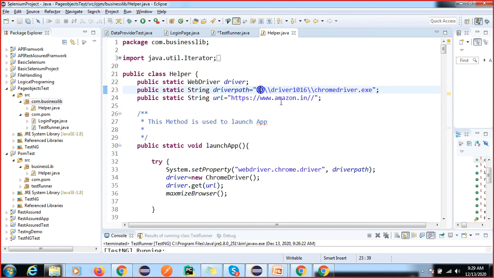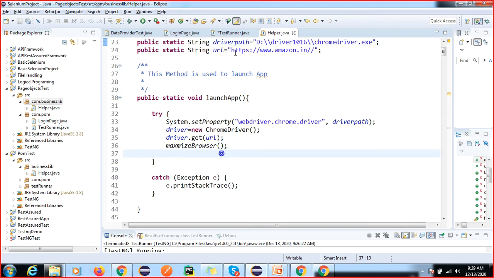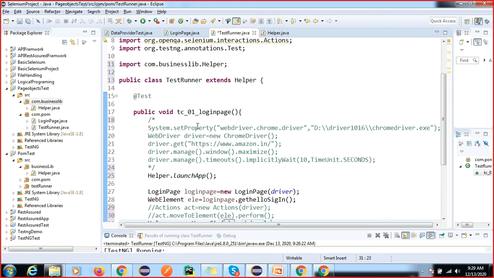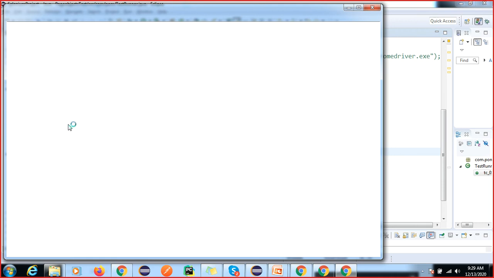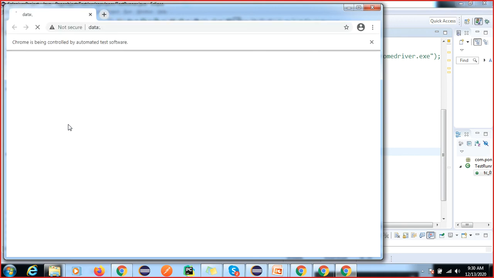So this is your Amazon app launch. We are going to use this. So now we can run this by using the helper class here. You should not write these lines of steps. Before, we were also writing capturing the element in one class, but now we have separated this. We have the helper, business library and page object model, and this test runner class is also in a different package, called test runner. So three components, and I will also add how to read the data from the Excel sheet. So this is your core component of the framework.